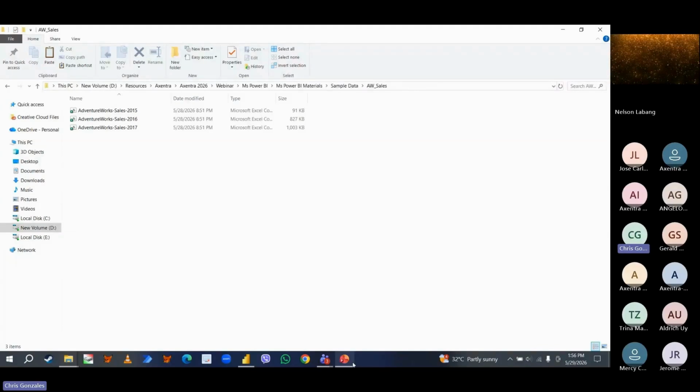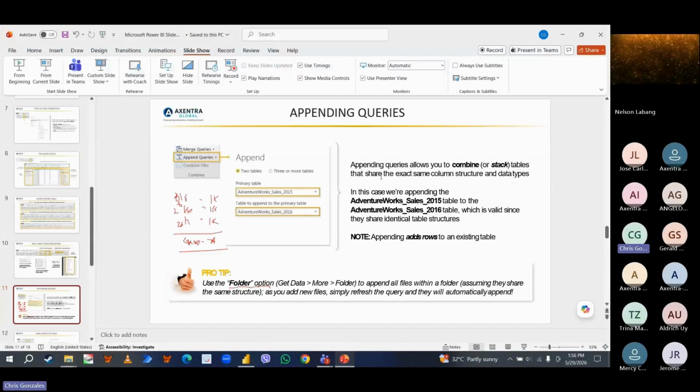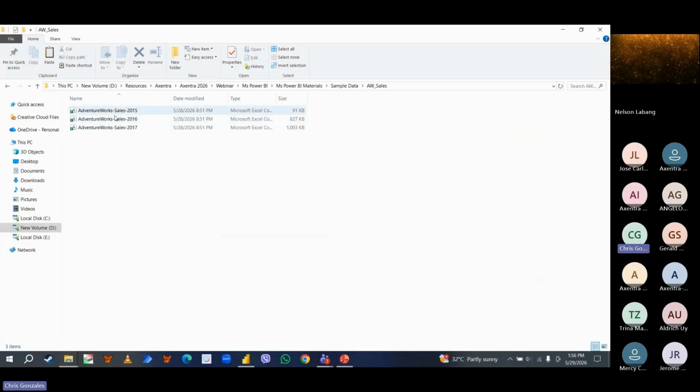But there's actually a rule for that, assuming that they have the same exact column structure and data type. So make sure that they have the same number of columns, make sure that they have the same header, and make sure that the table has the same data type. Please take note that merge columns are not applicable for this append query process. Okay, so the expectation is as we import this table, we will produce a single table with 56,000 rows. That is a combination of 2015, 16, and 17.